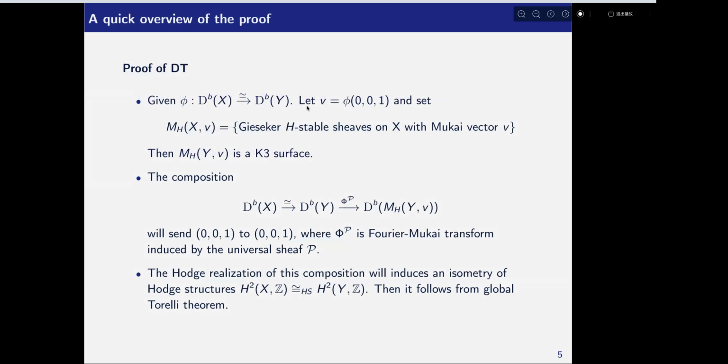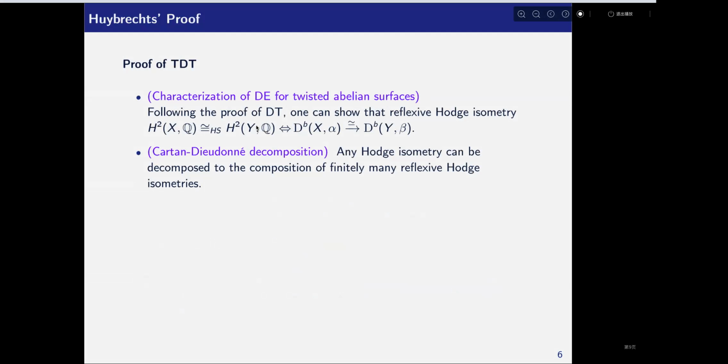Just replace X by (X, alpha) and Y by (Y, beta), and you follow this proof. So the first step is parallel to the derived Torelli theorem, and the other part is